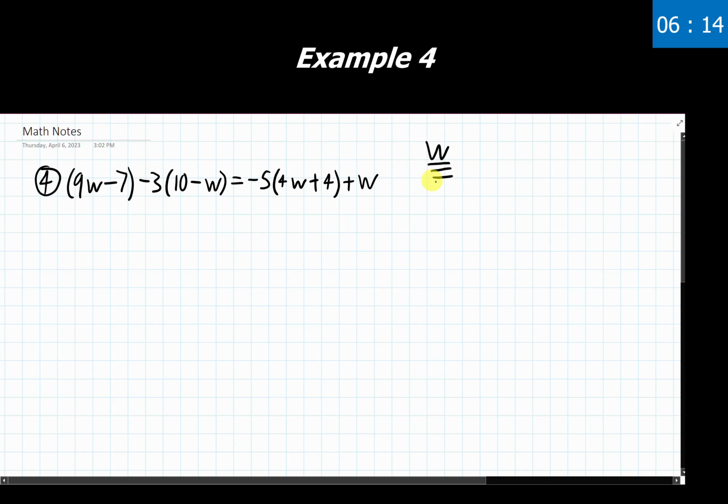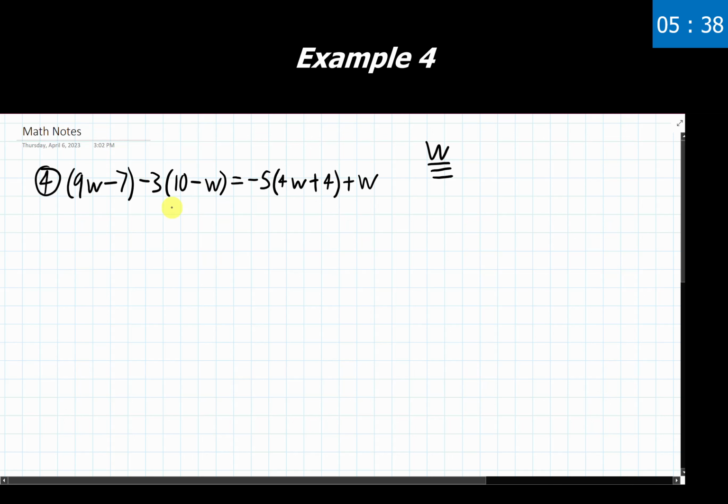So we're solving for W here. We have W's on both sides. Yeah, we're probably going to need to use every step of our process here. But again, our goal is to get W all by itself on one side of this equation. Doesn't matter which side, just all by itself on one side. So let's start with simplifying the left side of this equation. As necessary, and I think it can be very helpful, block this right side with a note card or something like that, just so you're not tempted to look at it early. Let's simplify just this side and see what we get from there.